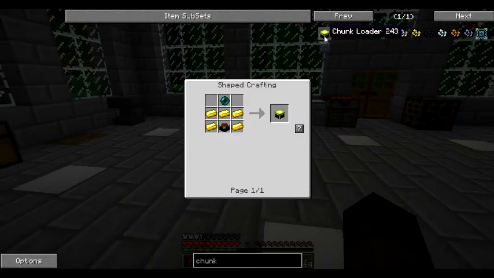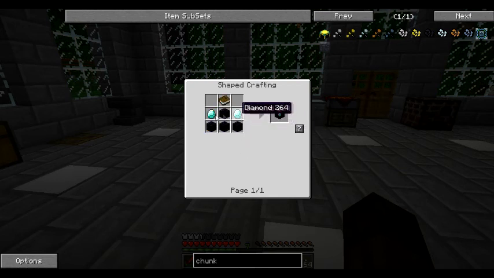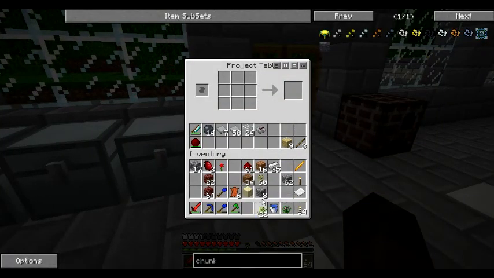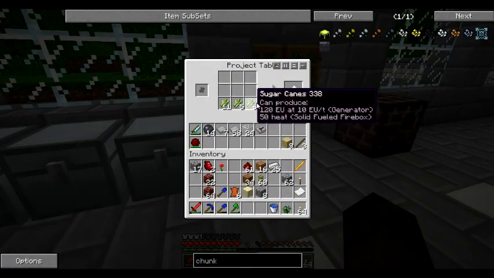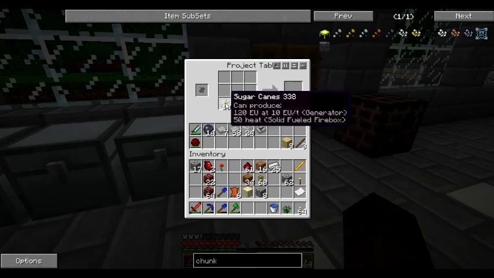Okay, so this is what we're going for. We want to make 3 of these? Yeah. So we need 3 ender pearls, 15 gold and 3 enchantment tables. So 6 diamonds, heap of obsidian, 3 books. Now, I was planning to do this, so I already went and collected some sugarcane, so we'd have enough to make our 3 books. And we're actually going to make 4 books because...